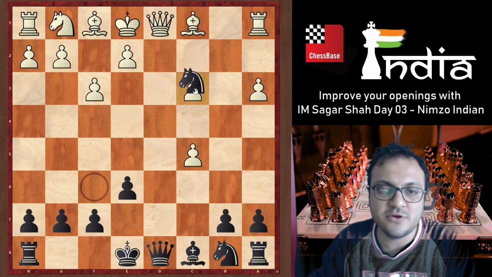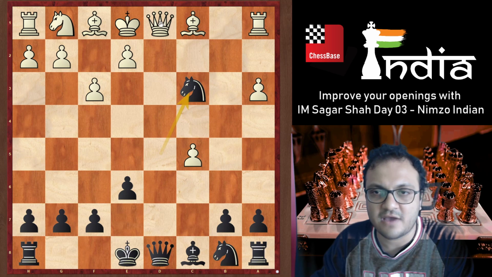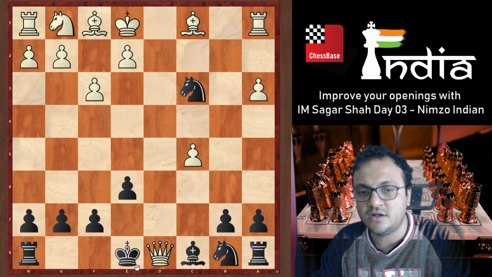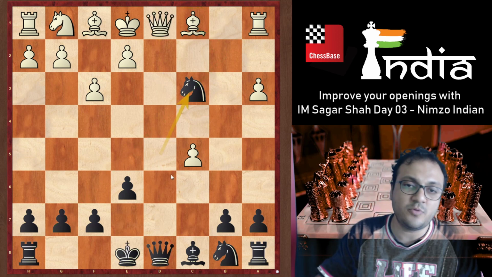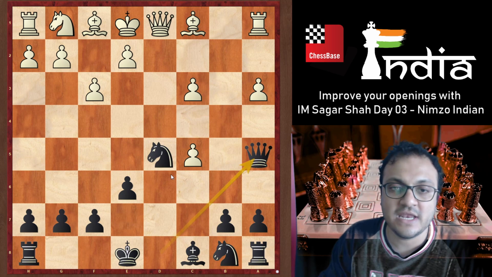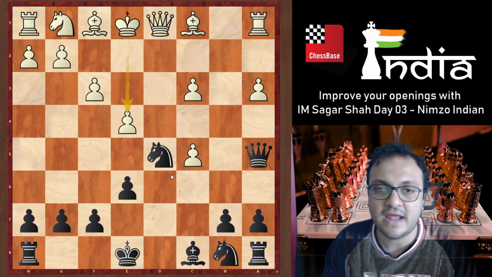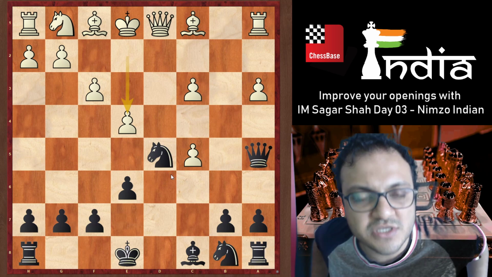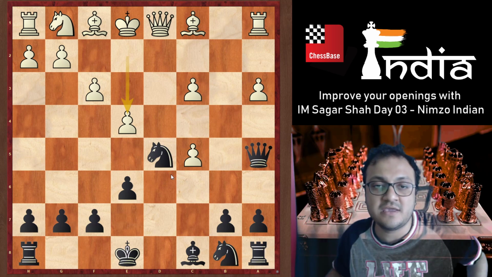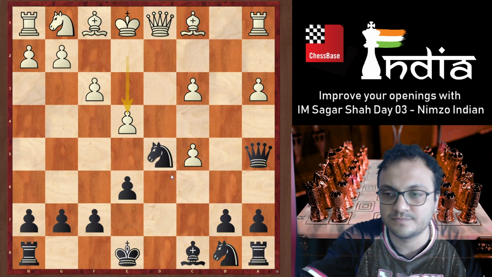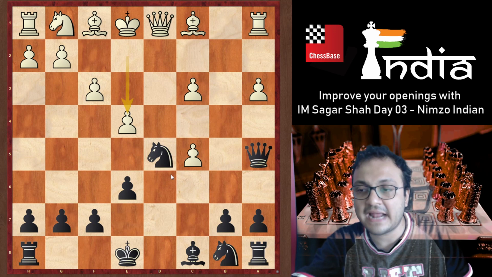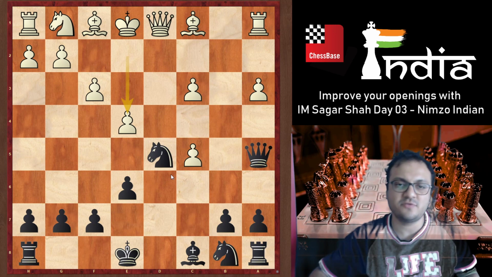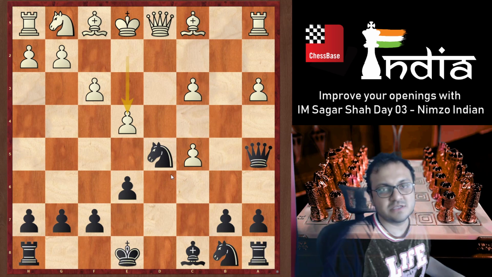And the point is you really don't want to take the pawn, because after you take, this bishop will become a monster on this diagonal completely. So taking that pawn makes no sense. Queen to a5 was played, and now e4. Now think about this position and tell me, what would you play here as Black to move? Please give me a second and try to find out what Black should play in this position.